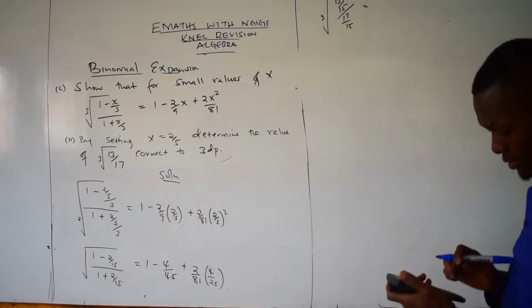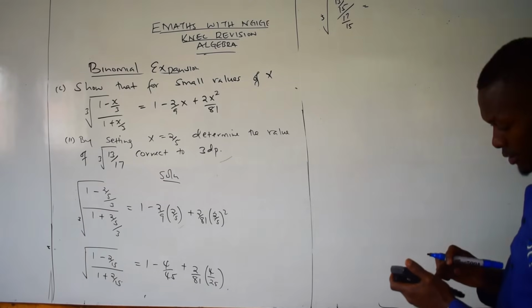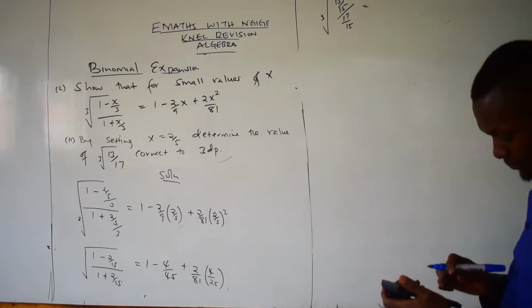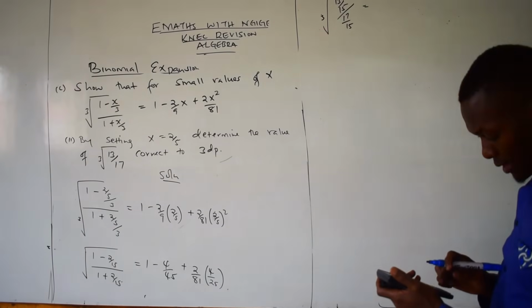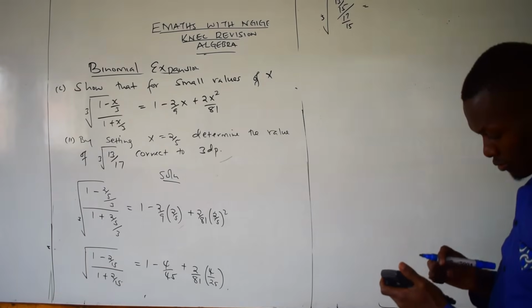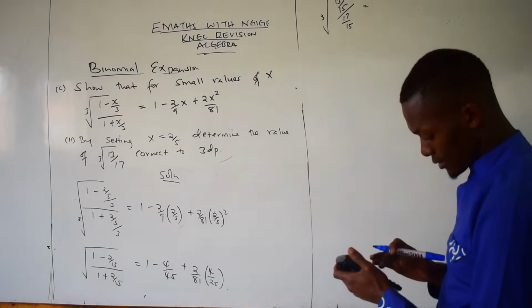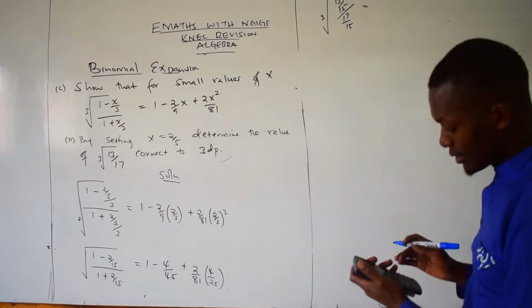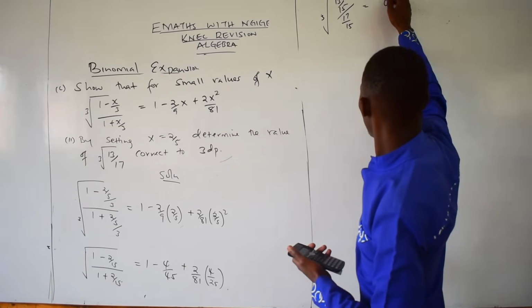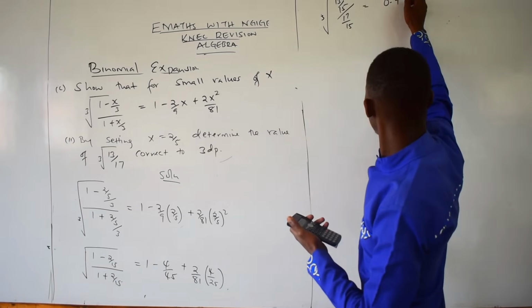So we have that plus 2 over 81, then multiply by 4 over 25. So you get your value as 0.915,